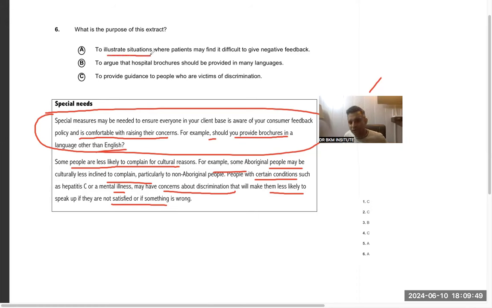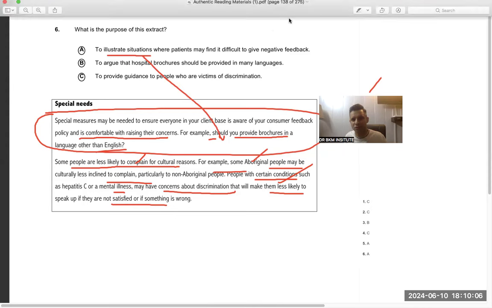Now, if you will see the options. To illustrate situations, illustrate means to give examples. So examples were given and situations were given. Cultural, Aboriginal people may find it difficult. Certain conditions, when people have hepatitis, there were various situations given. So you understand,